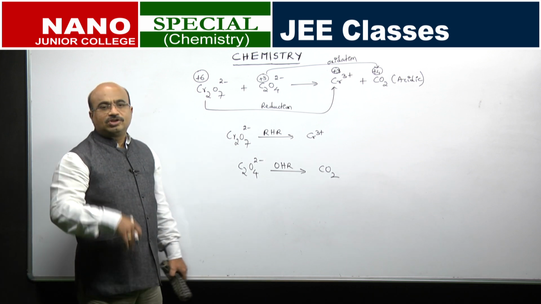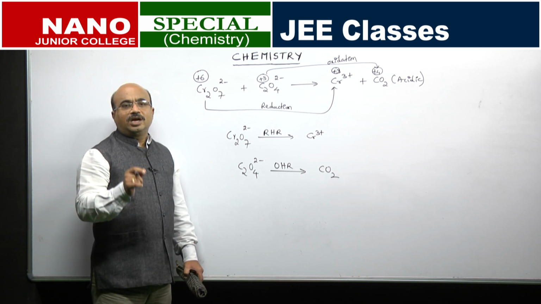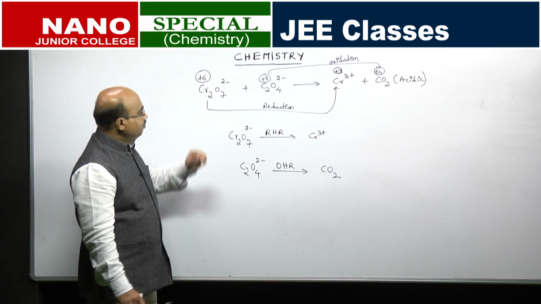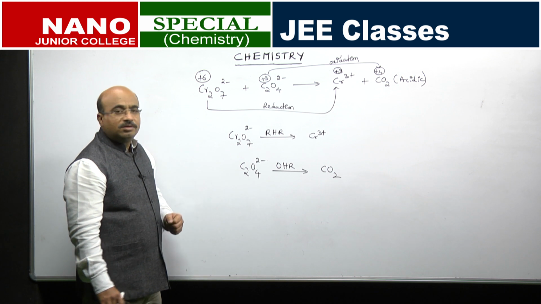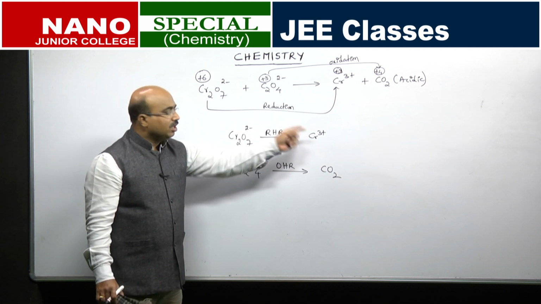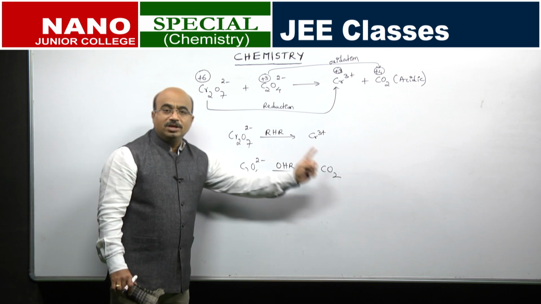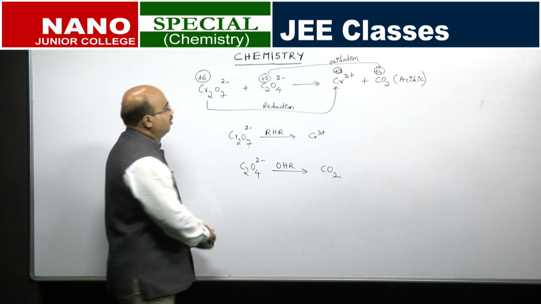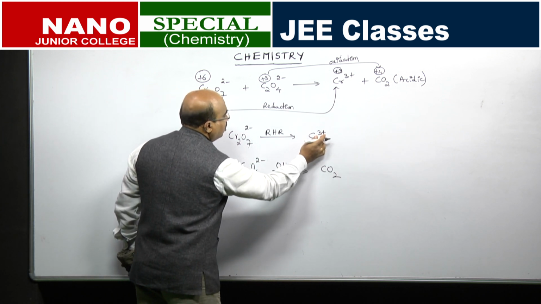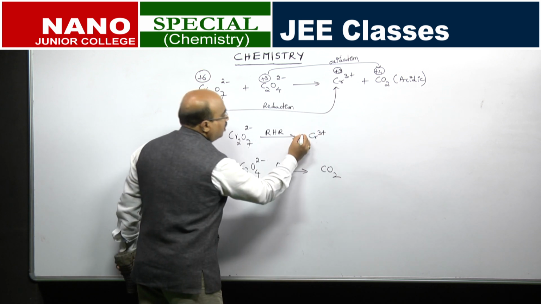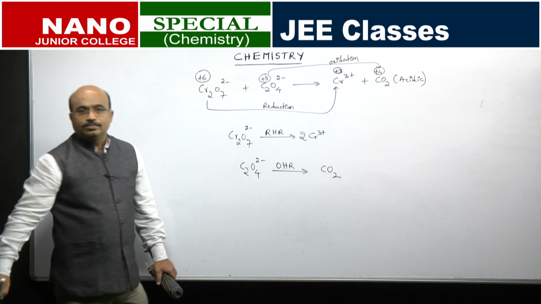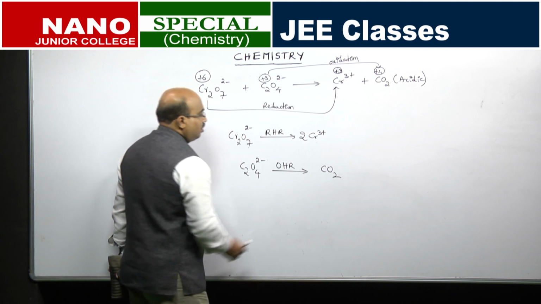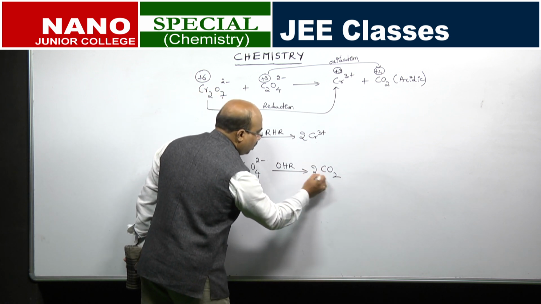Now, first step, balance atoms other than hydrogen and oxygen in both half reactions. Now, what is there here? Chromium. What is there in this? Carbon. Chromium here and chromium here should be the same, carbon here and carbon here should be the same, but there are two chromiums here, one chromium here. We can't write 2 here, because this charge is only on one chromium. So, we will take 2 here. Now, in this 2 carbons here, 1 carbon here, write 2 here again.